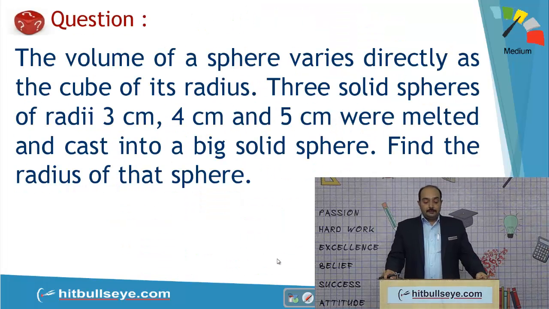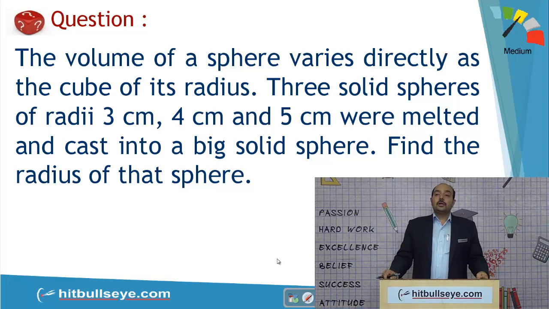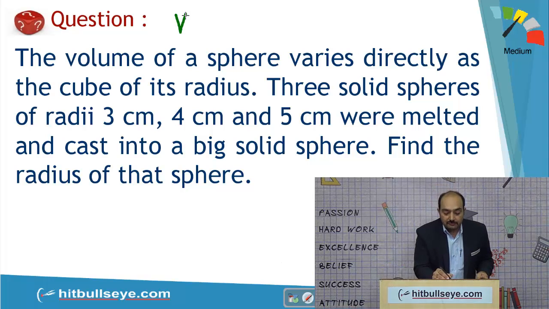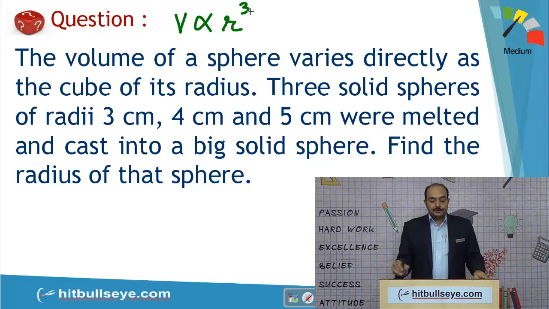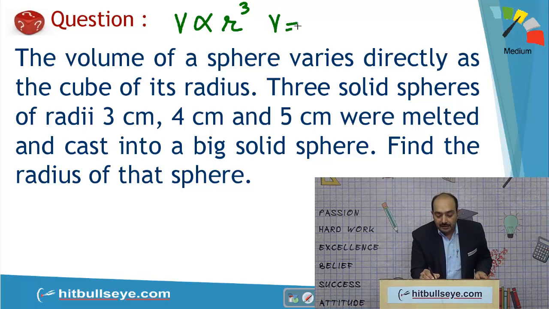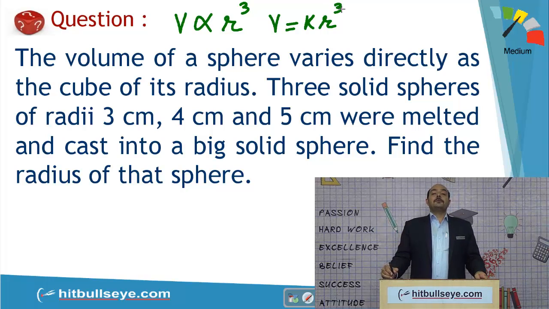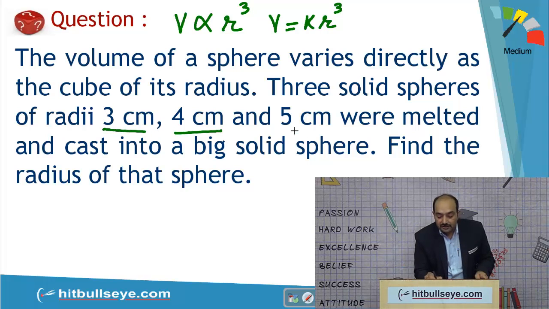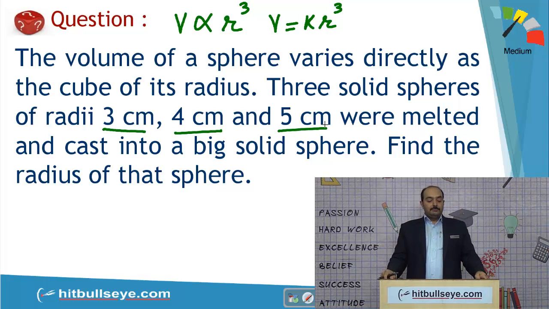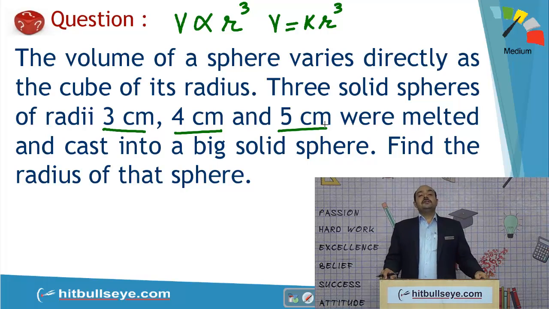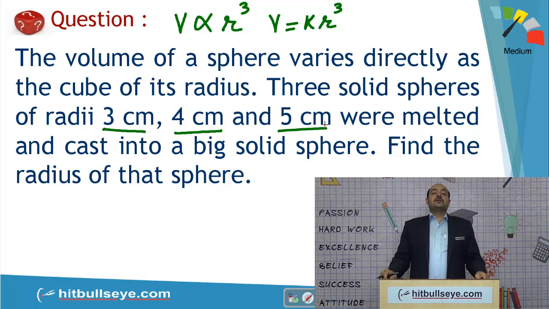The volume of a sphere varies directly as the cube of its radius. That means the volume is proportional to r cube, where r is the radius. We can write this as V equals K r cube, where K is the constant of proportionality. Three solid spheres of radii 3 centimeter, 4 centimeter and 5 centimeter were melted and cast into a big sphere. Whenever this kind of a transformation is done, the volume remains constant. So we need to find the radius